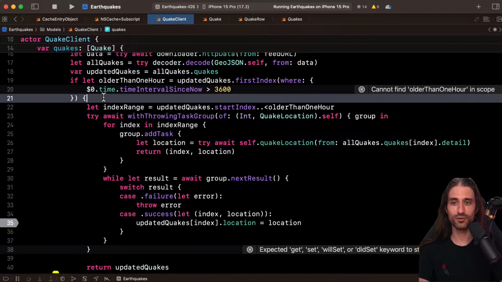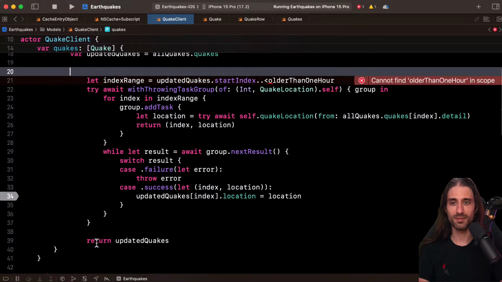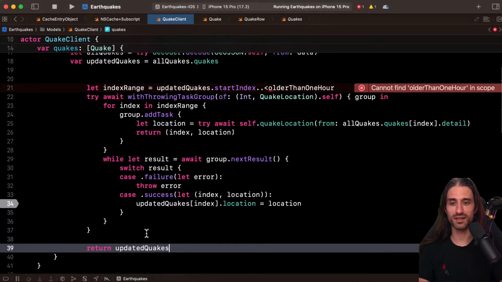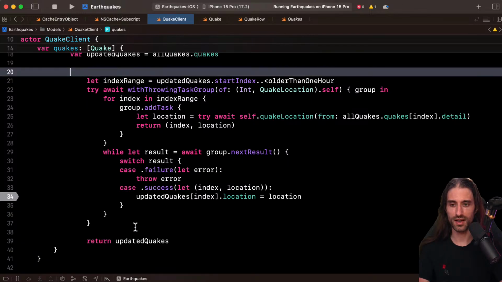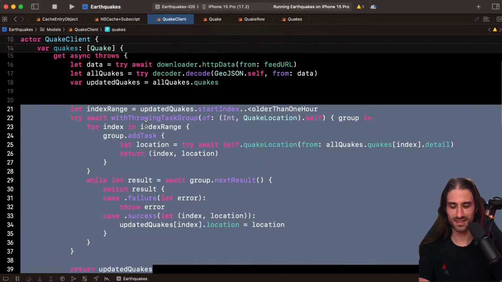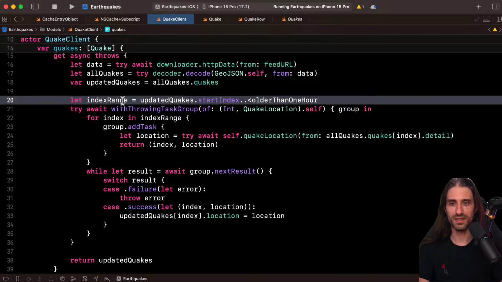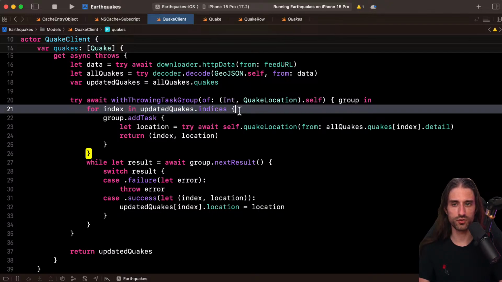So once again, that goes to show that whatever kind of code deals with time zone tends to be quite complex. I'm just trying to make sure that I don't break anything. Yes, okay, I was doing it right. So like that, not like that, like that. And so the index range, I can get away with it. Instead I do updated quakes dot indices. So it's just like if I were iterating over the updated quakes, this way I get to keep the same code as before.